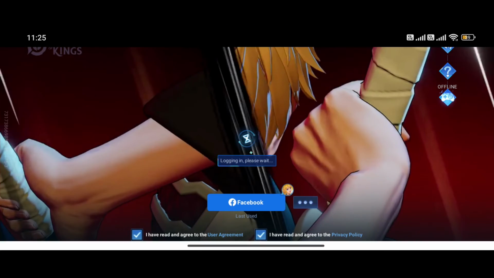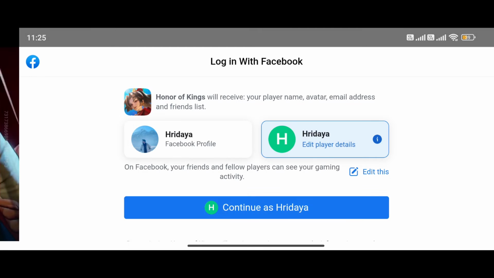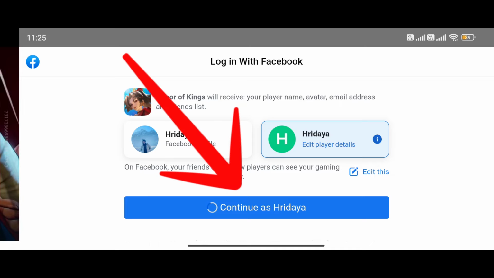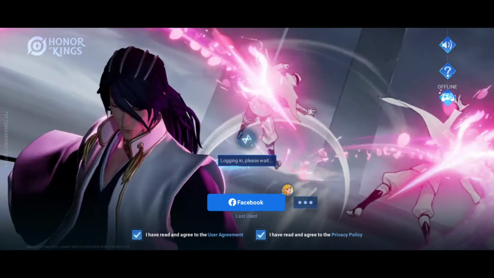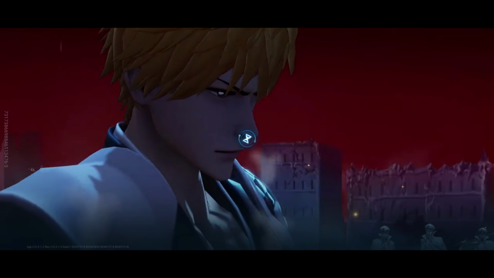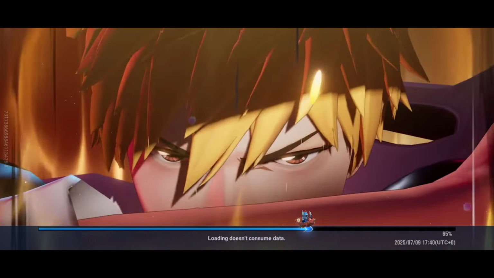Now it will take some time and it will redirect all the information and data. Now just wait for some time and tap on continue. So it will take some time and all the game progress will be loaded and you'll be able to play and start the game. So as you can see, I am already inside the game